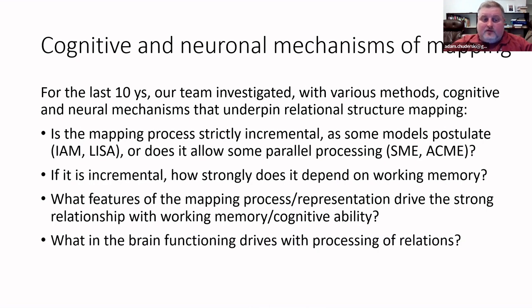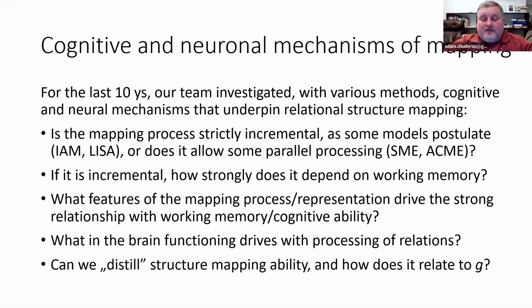So the next natural question is, what at the brain level may be associated with processing of relations. Can we find any neural markers of constructing, processing, maintaining, and validating of relational structures? And finally, after all these studies, we came to the conclusion that structure mapping ability is something important,